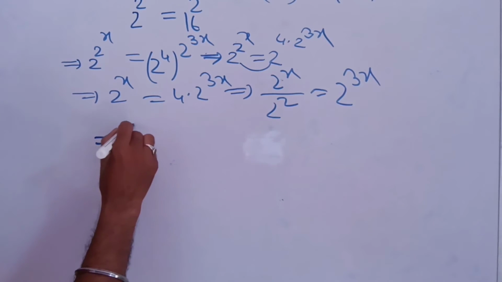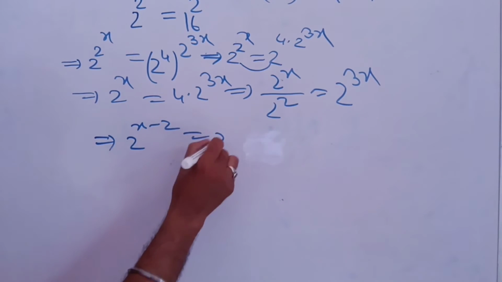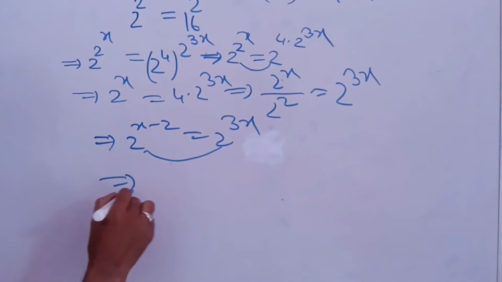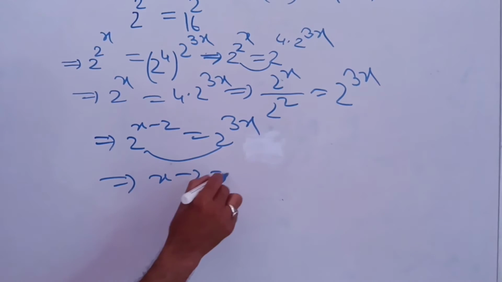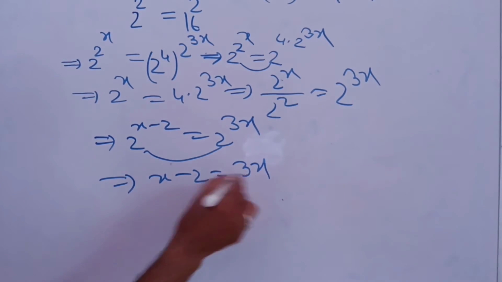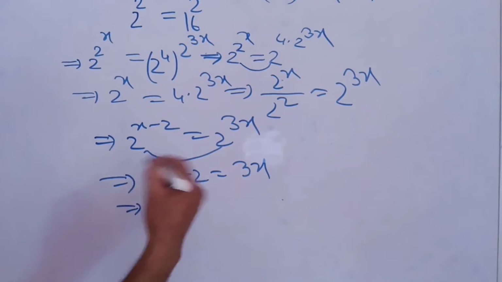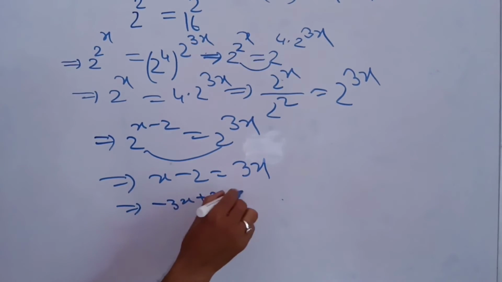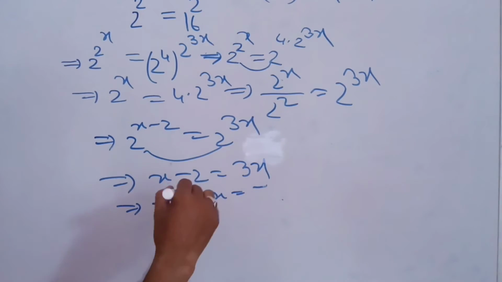2 to the power x minus 2 is equal to 2 to the power 3x। তো বেস সেম হৈ গ'ল আকৌ। তো বেস সেম হ'লে x minus 2 is equal to 3x। তো 3x তো ইপিনে আনিম মাইনাছ হ'ব, 2 তো ইপিনে নিম প্লাছ হ'ব, মাইনাছ 3x প্লাছ x is equal to প্লাছ 2।